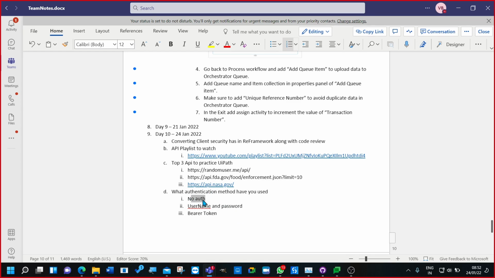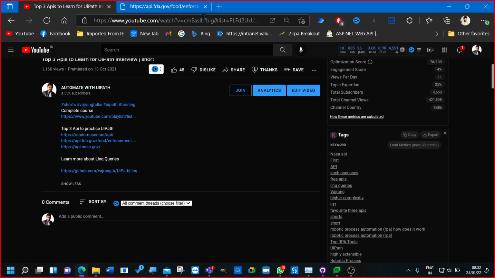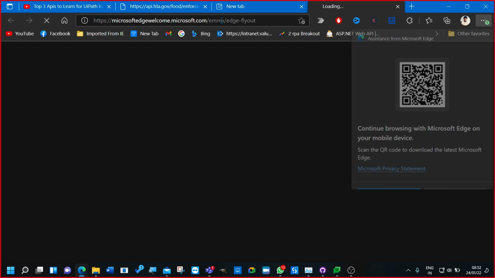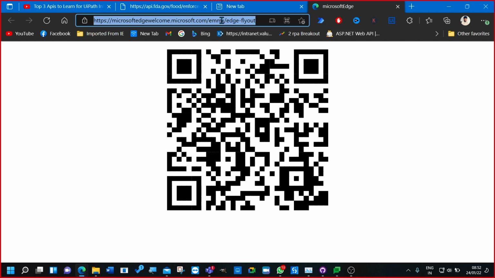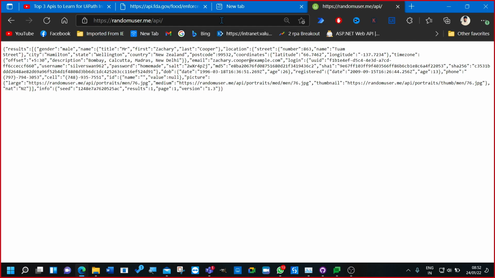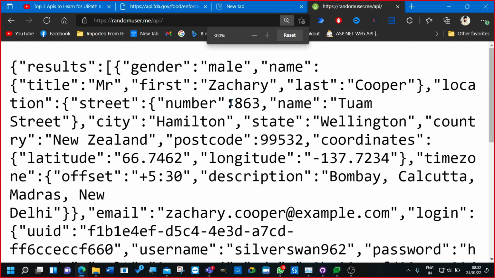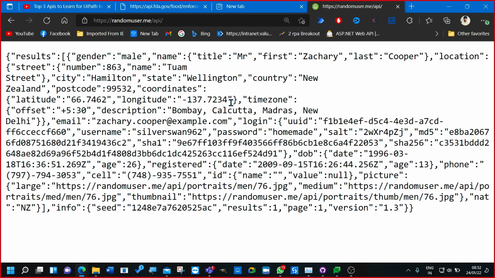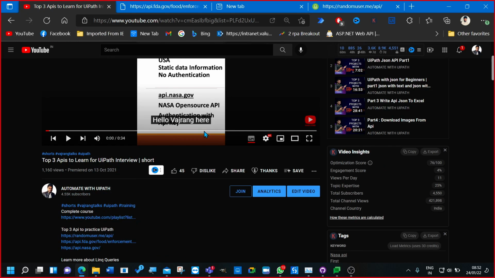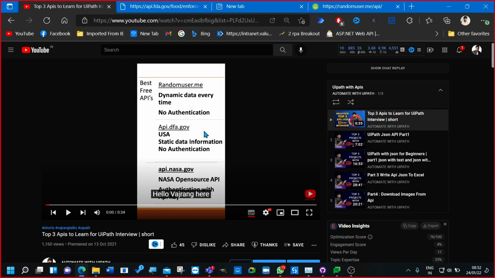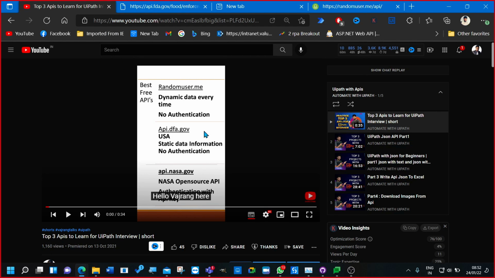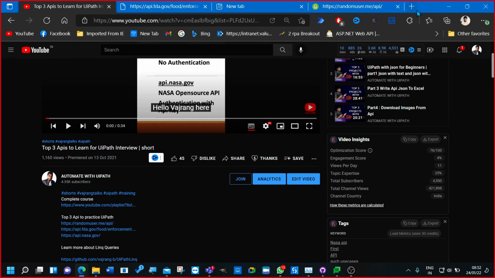So what is meant by no authorization, no authentication? Whenever we try to make an API call, there is no need for us. Oh, sorry, what is this? So, Random Rudra, what exactly API is? Okay, I'll tell you. The data that you are seeing here, this is with a proper UI. Is it right? But when you communicate between,